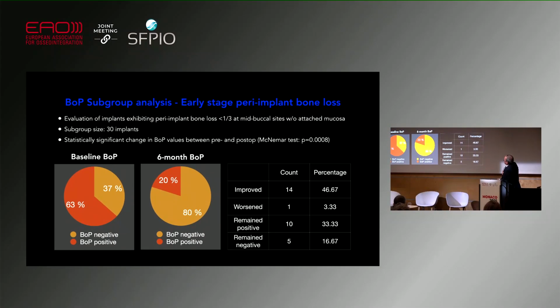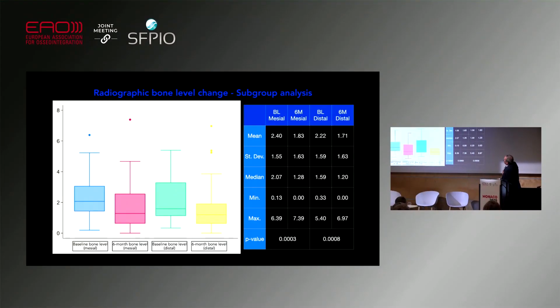1 was worsened, and at mid-buccally, when it was previously negative, no bleeding occurred, it still remained without bleeding, and we could regain 0.5 millimeter bone gain, which is quite compatible to the previous part of the peri-implantitis group. But if we think that we have lost only 1.7 millimeter bone or 2.4 millimeter bone, then this 0.5 millimeter